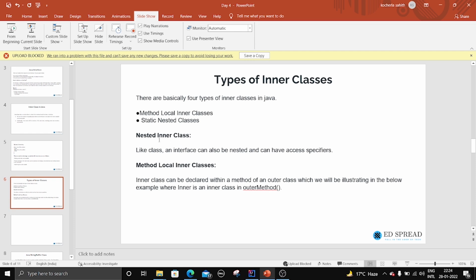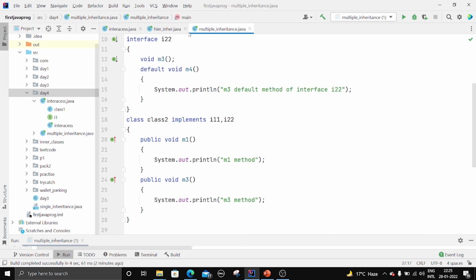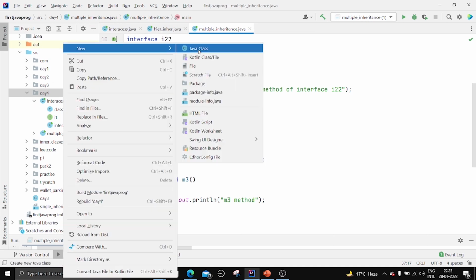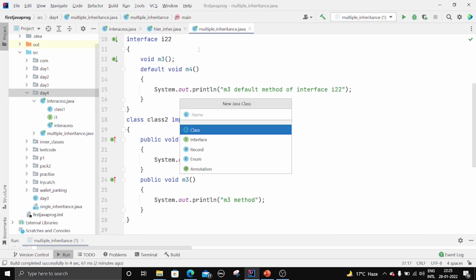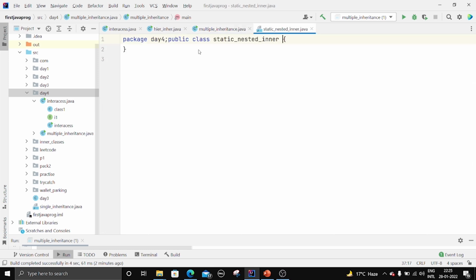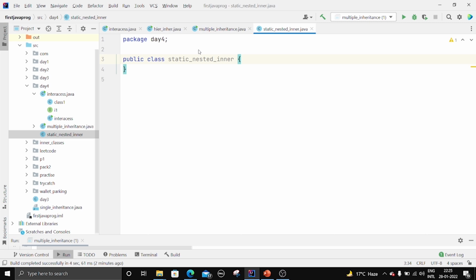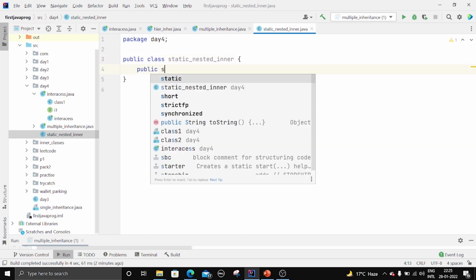So first let us see static nested classes, that is, like classes, interfaces can also be nested. So let us see this one first. What is an inner class? Let us take an example. So let us create a Java class, static nested inner. Next, let us create our main method